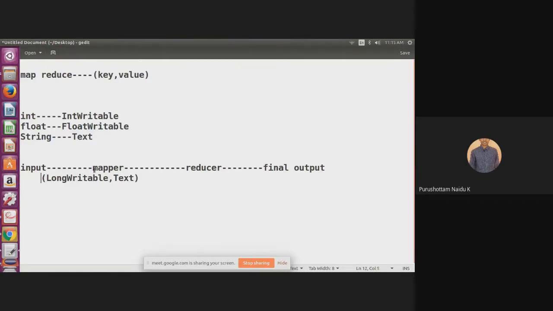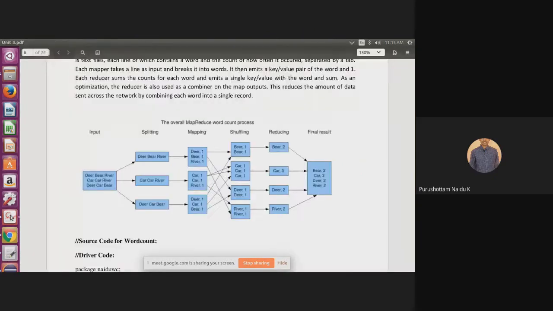So what will be the output of the mapper? The output of the mapper is word comma 1. For example, deer comma 1, beer comma 1, river comma 1. What are the key types here? Text type. What is the value type here? 1, 1, that is called IntWritable. The key is a string, that is called Text type, and the output value is an integer, that is called IntWritable.